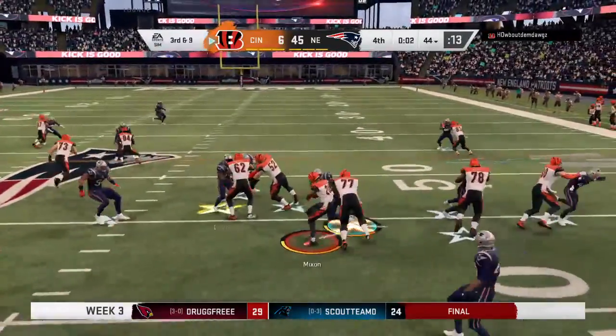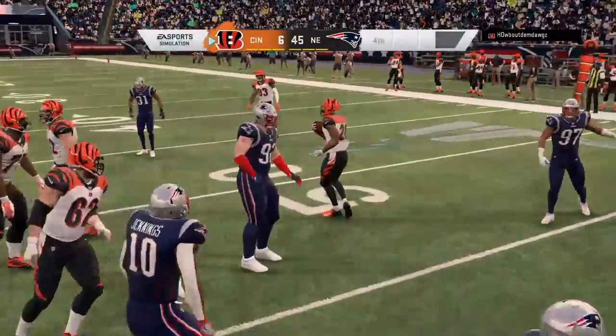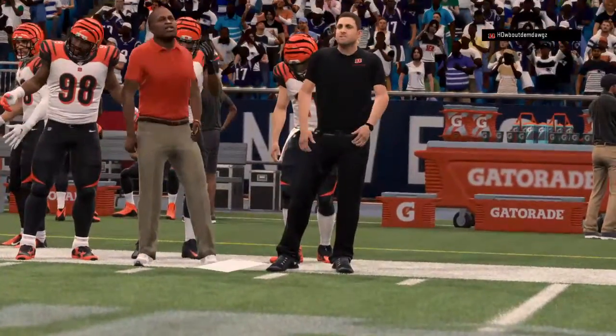Once again, they run with Mixon. And he won't be close to a first down as he runs into a wall right around the line of scrimmage. A big offensive explosion helped leading them